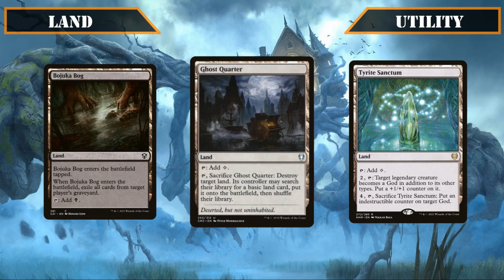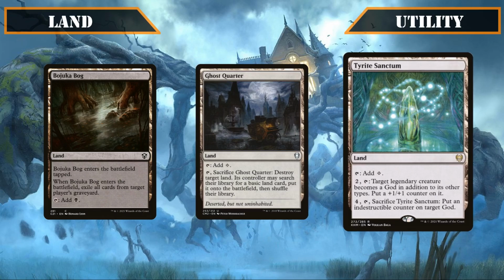Ghost Quarter taps for a colorless and we can tap it and sack it to destroy target land, letting its owner replace it with a basic from their deck, serving as a good way to pick off our opponent's utility lands. Tyrite Sanctum also taps for a colorless and either lets us pay 2 and tap it to change target